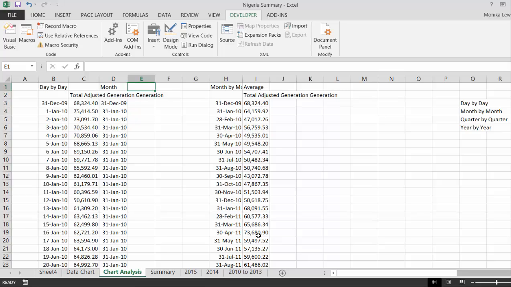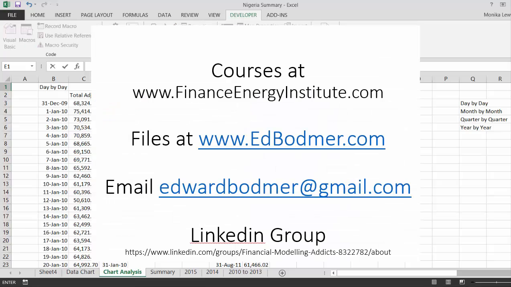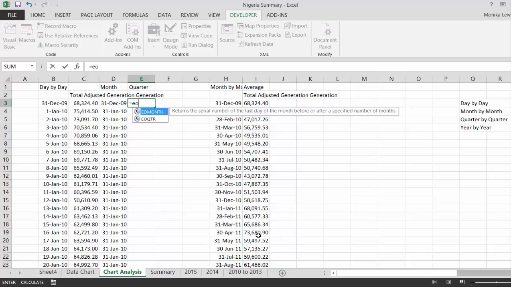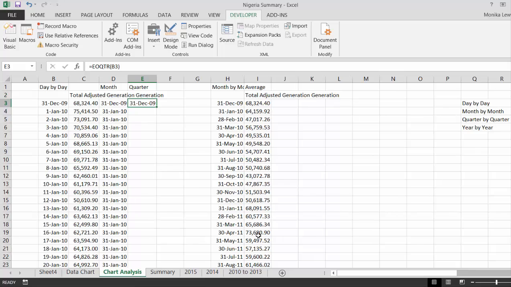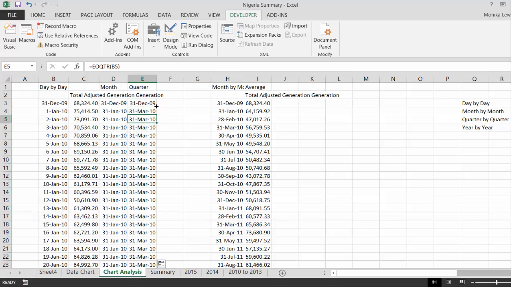And we put quarter. Okay, and we put EO quarter, and we just click on this one. Okay, shift control. It's just like the end of the month, really. Okay, and once we have the end of the quarter,